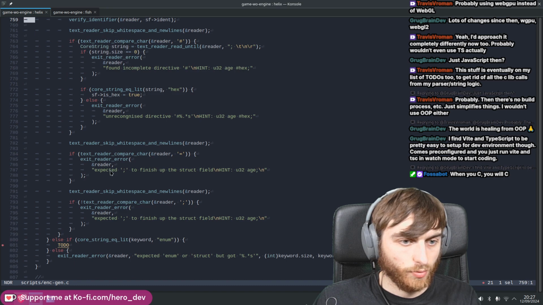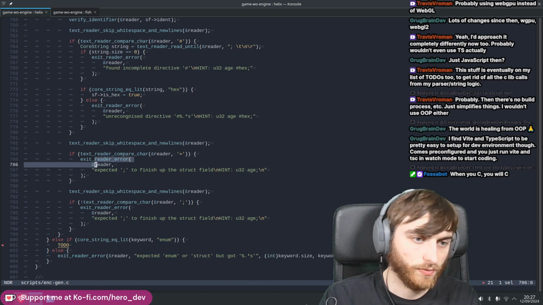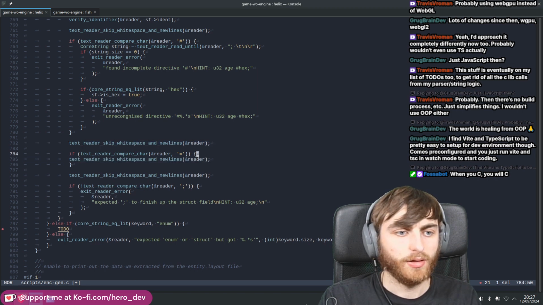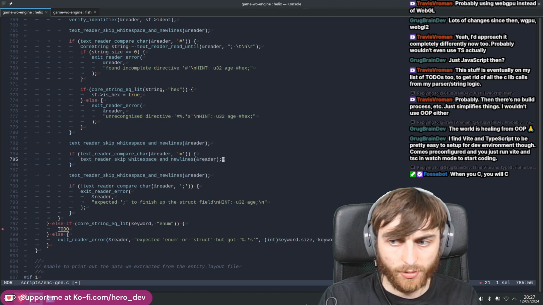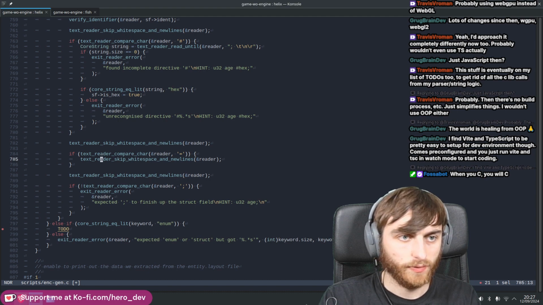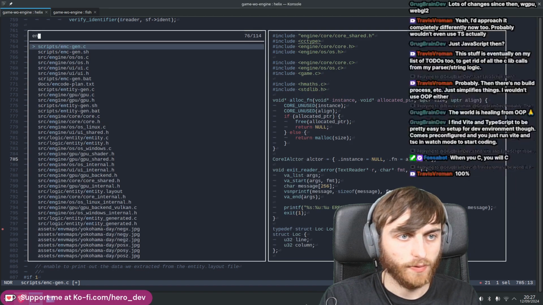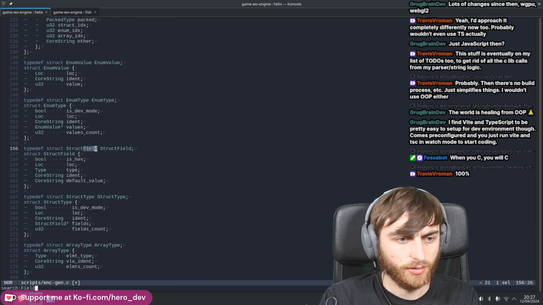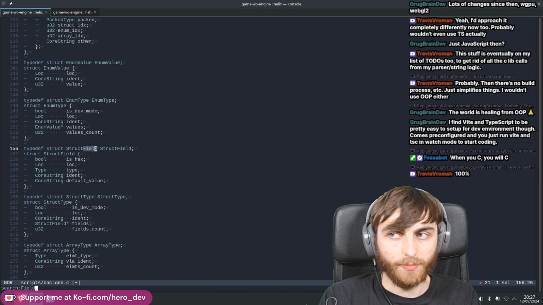Right, so it's equal to an equal symbol. We want to parse the next set of white space. And then here is, what exactly? I think it's just a string for the field. I think we're just going to copy and paste this string into wherever it needs to go. I don't think we need to worry about it being the right type,